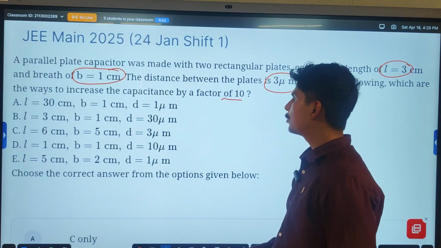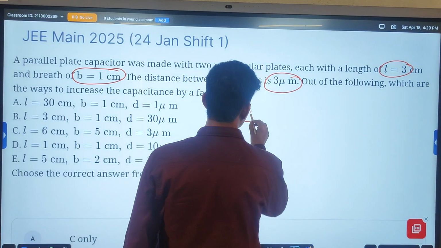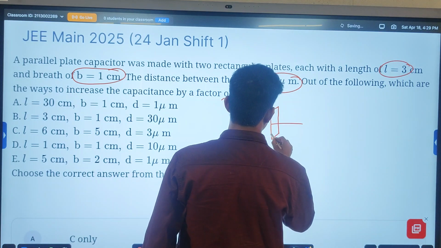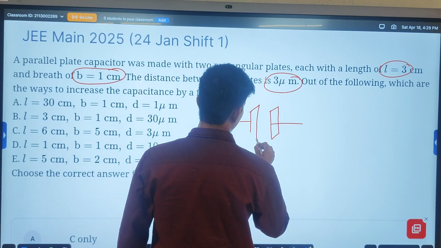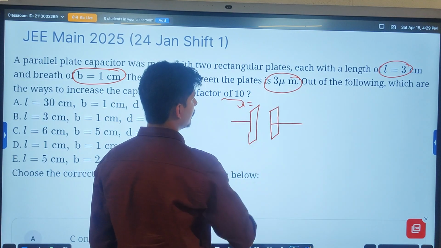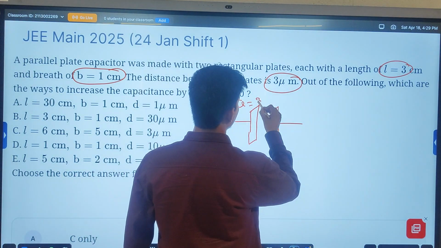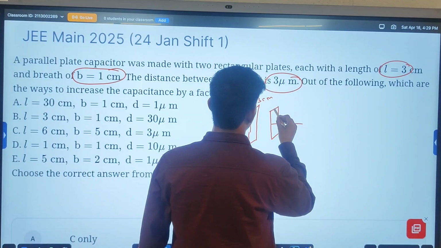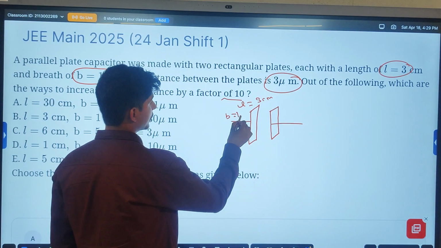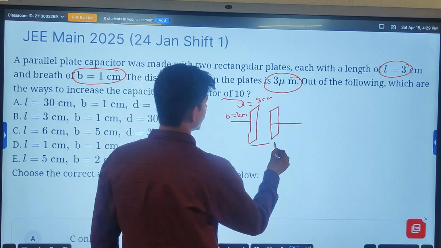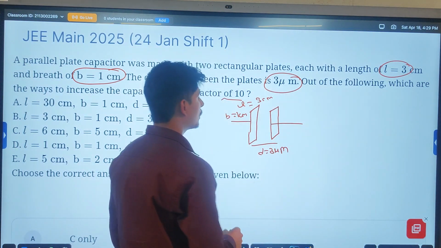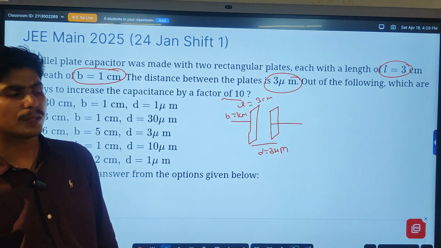What we have to write? For example, the initial length is L and breadth is B. This is the parallel plate capacitor. Initial length is 3 cm, and breadth is 1 centimeter, given. Separation between the plates is 3 micrometer. So we know that the capacitance of a parallel plate capacitor is